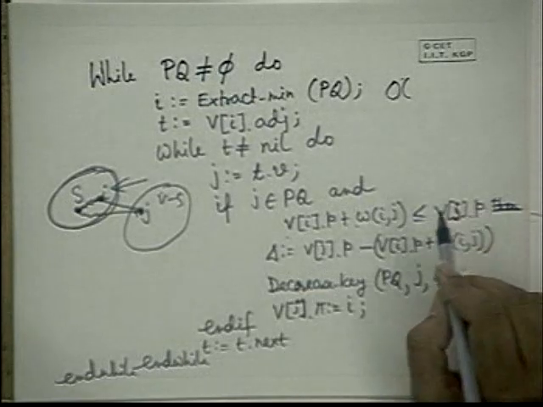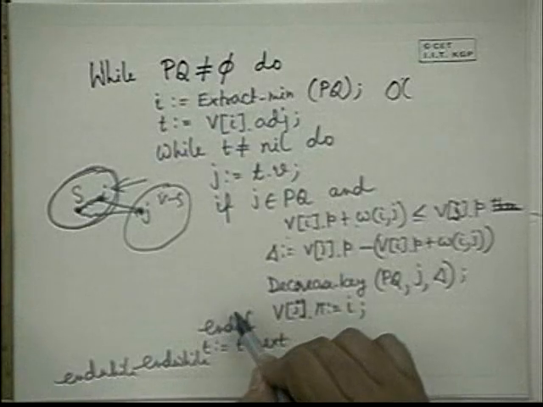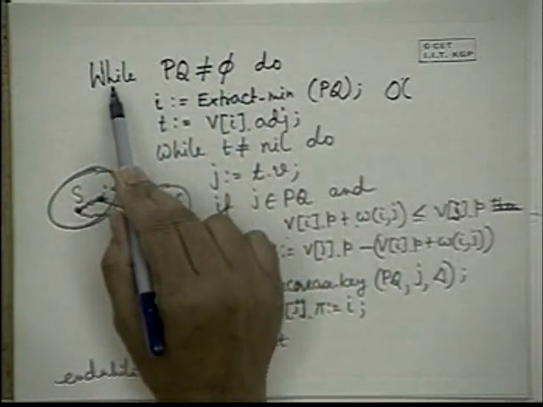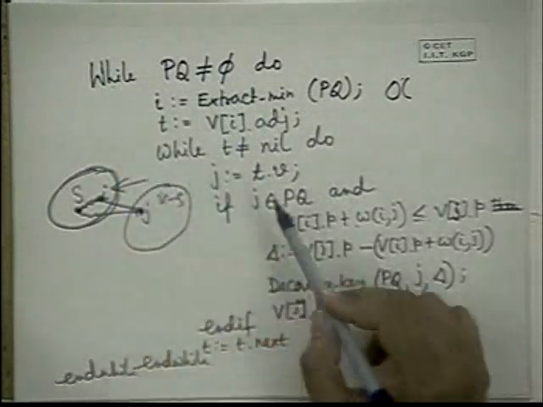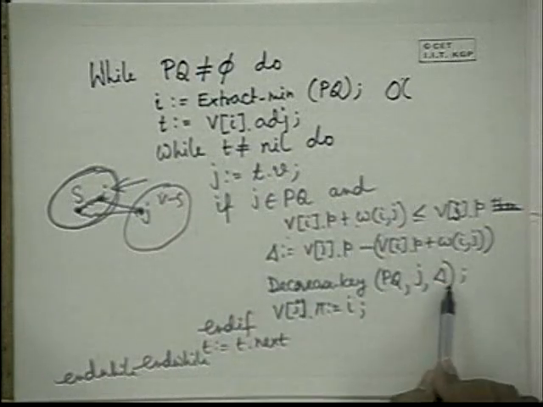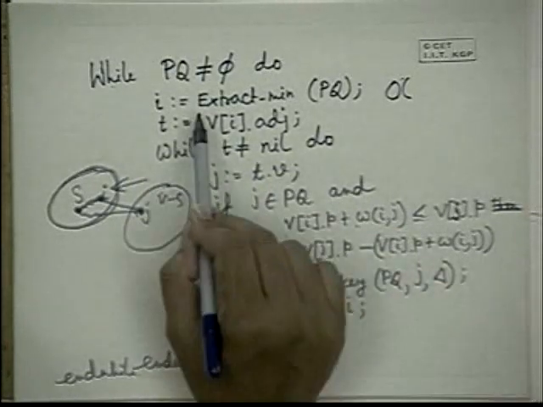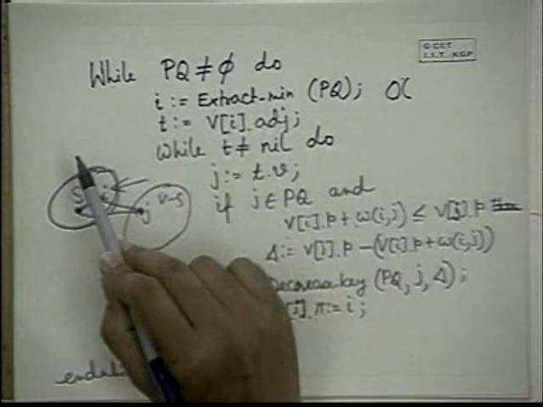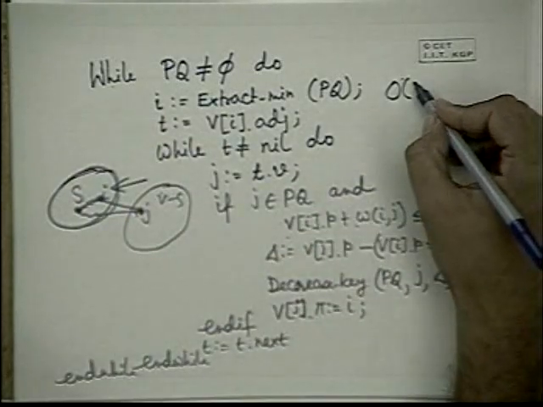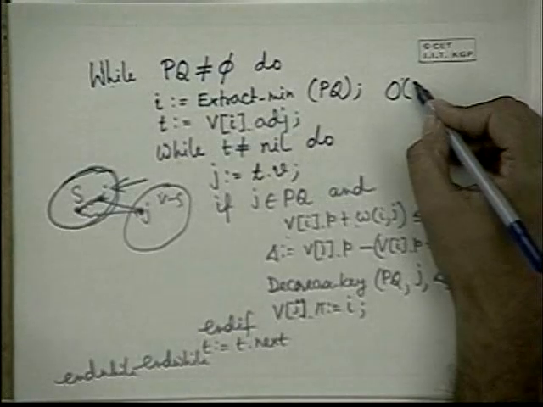Order m, where m is the number of edges. The total while loop execution will be order m, and this one will be executed how many times? This while loop will be n times. Now this is total m, and each m involves one decrease key operation, and there is an extract min operation per vertex. So extract min will take how much time? N vertices, n log n,